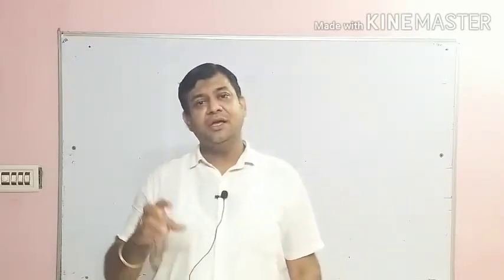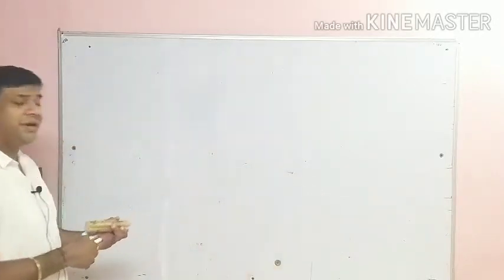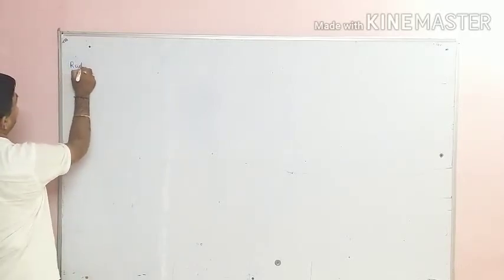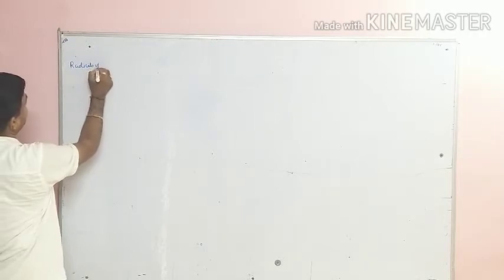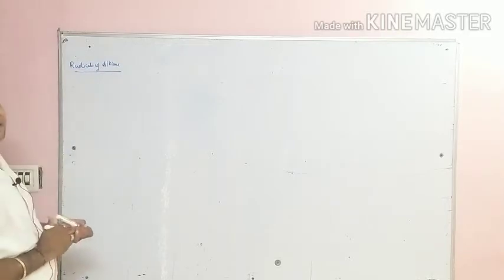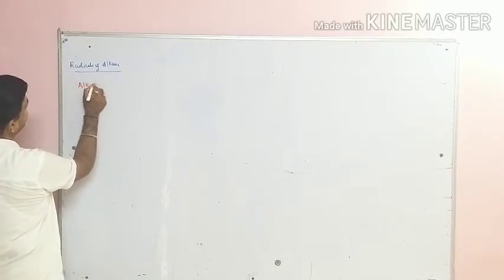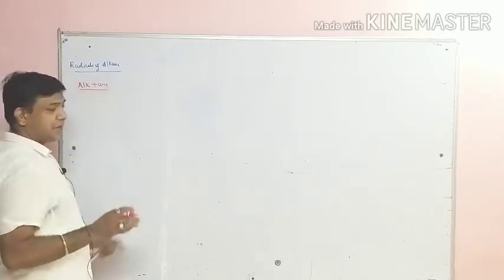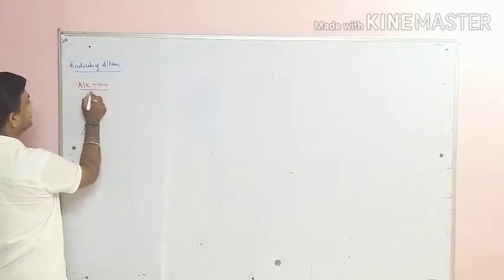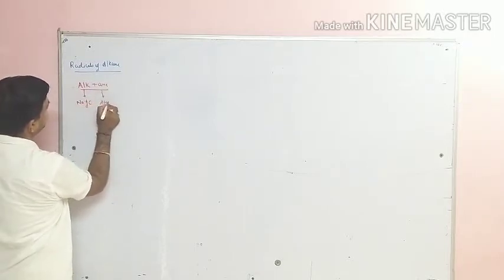Now the question arises, when we talk about the radicals, how can we find how many radicals are going to form? So we start with the topic radicals of alkane. What do you mean by the word radical? Radical means valency should be kept free. We know alk plus ane is there. If I divide the alkane into two parts, it is alk plus ane, where alk is the number of carbons and ane stands for the single bond.